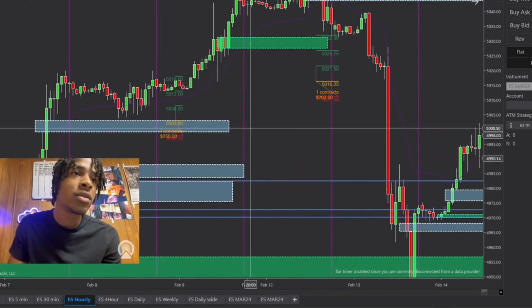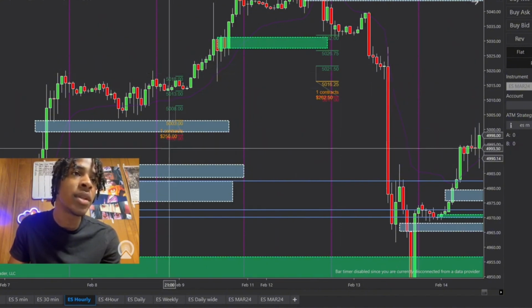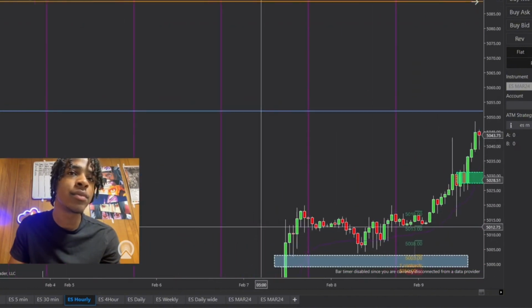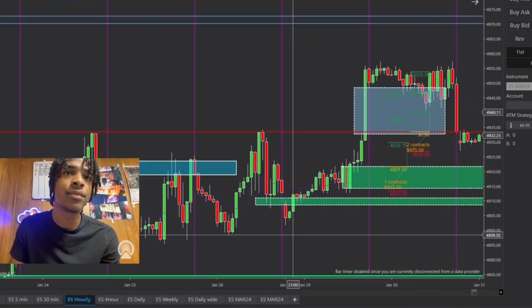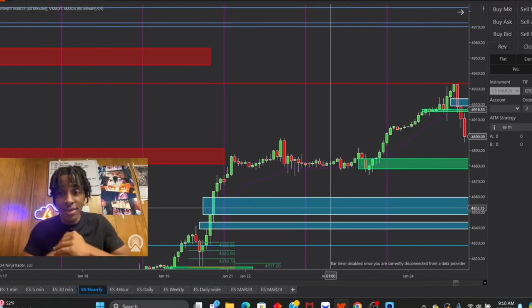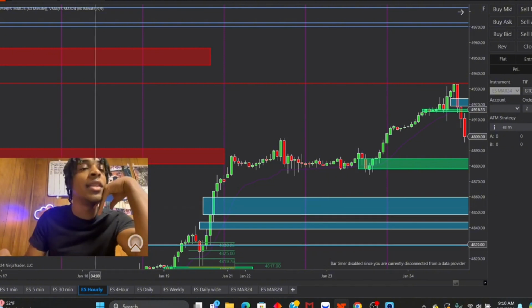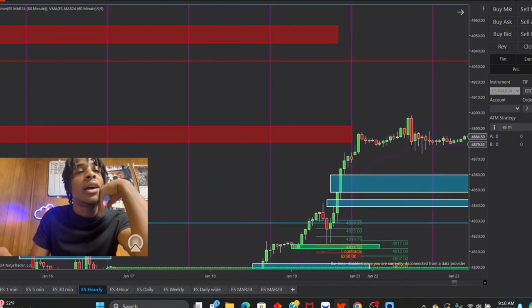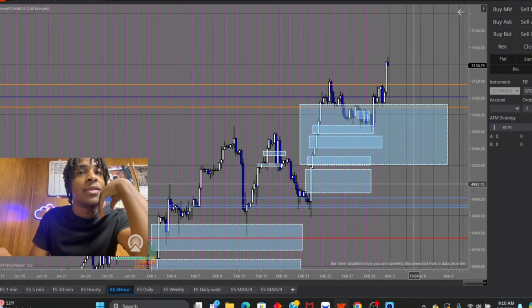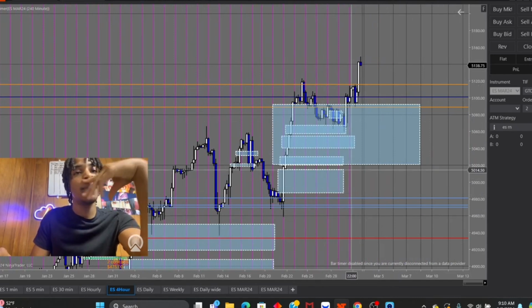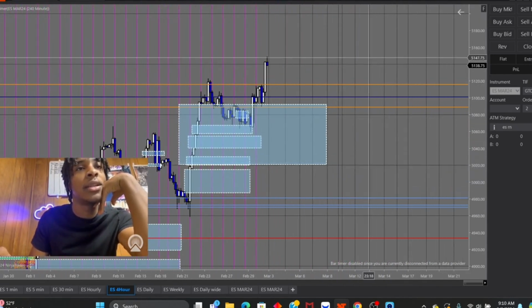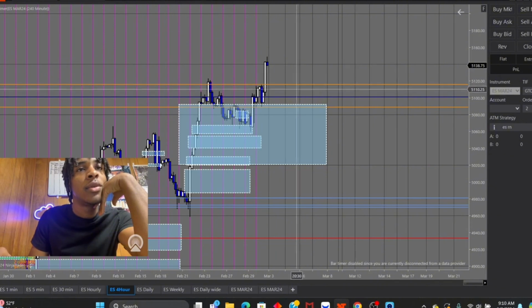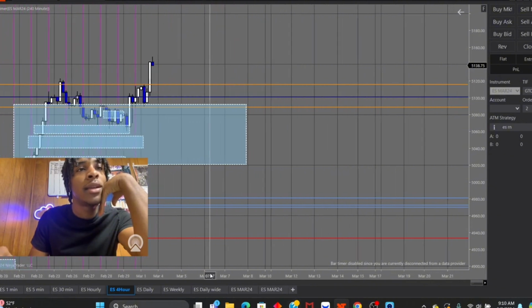Basically, let's just talk about how you enter off the gap. I come to the chart and start from square one. I look at the daily, 4-hour, and hourly, and in some cases find on the 4-hour and the hourly where I would like price to come and get into. So boom, I see a gap made here.